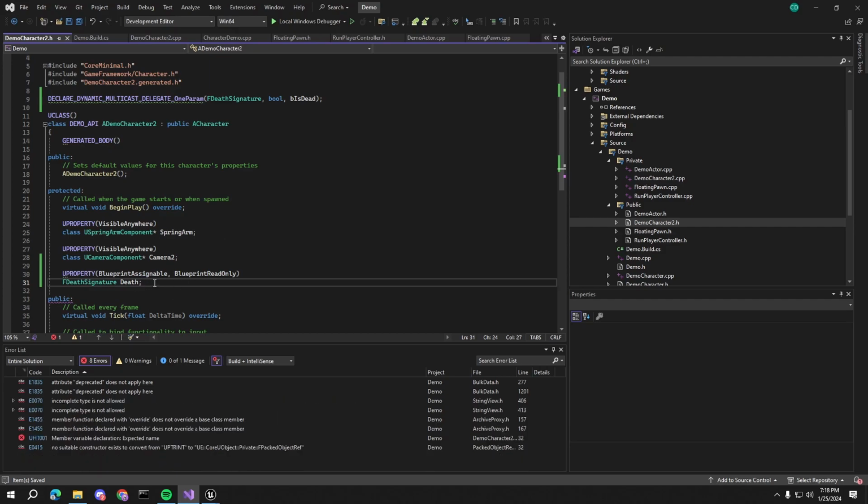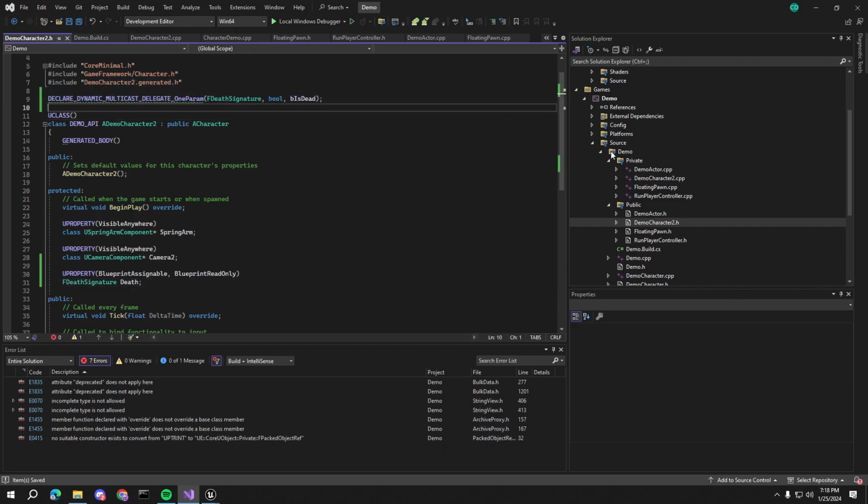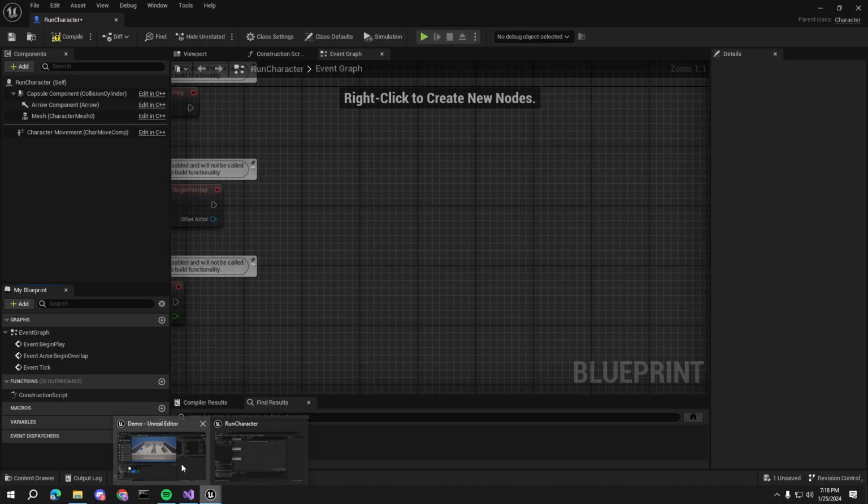For you, it might still be an error here. It's normal. Minsan you'd have to actually close the Visual Studio just for this to appear. Okay? So ito yung delegate. Now, if I compile this,